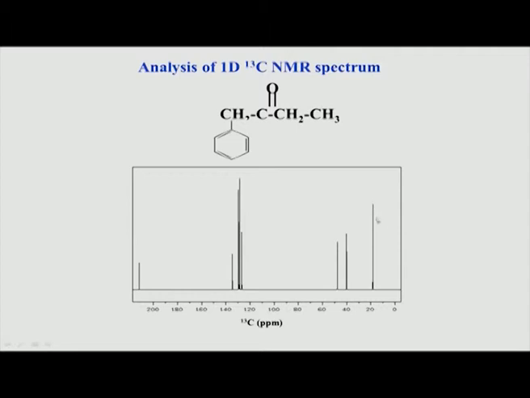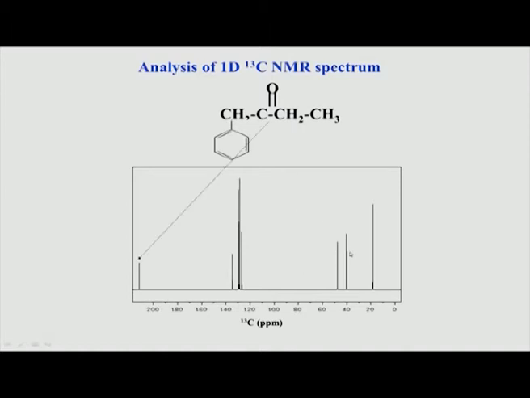So, this CH3 we already saw could be this, and this CH2 is close to this, similarly this is close to this, both are equally from this. But you see this CH2 is a little bit more downfield shifted, because it is attached to an aromatic group, which is an electron withdrawing group. So, that will also withdraw the electron density from this carbon, and similarly this carbonyl also will. So, it has a double inductive effect. So, you can expect that this carbon will be slightly more downfield shifted compared to this carbon, and that is what you can see here.